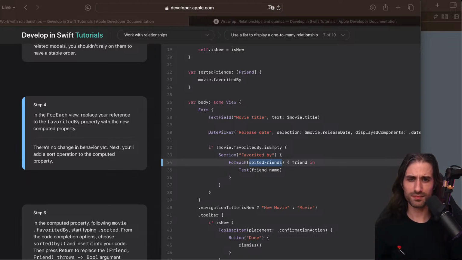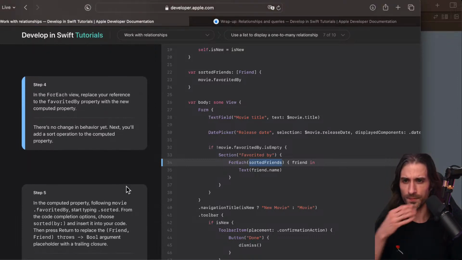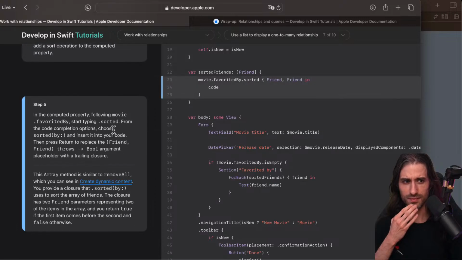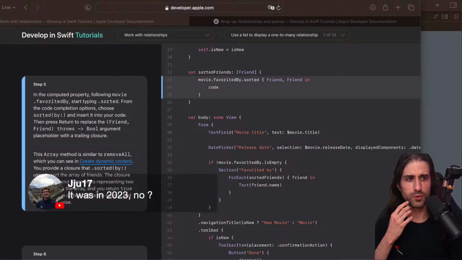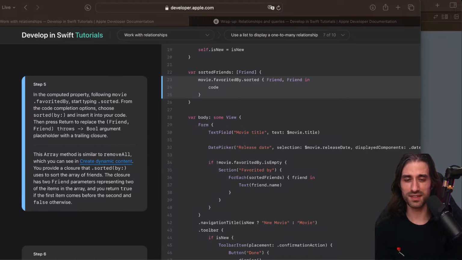All right. What do we do next? It was in 2023, yes, for Swift Data. It was announced last year at WWDC. And actually, I realized I haven't mentioned it up until now, but Swift Data is only iOS 17, of course. You can't use it before iOS 17. So if your app still has to support iOS 16 or even older versions, the answer to can you use Swift Data is just a big no.